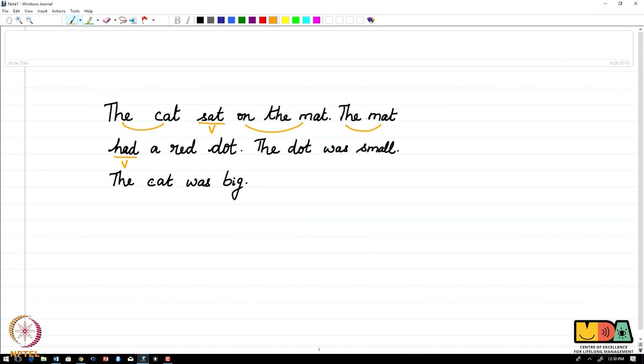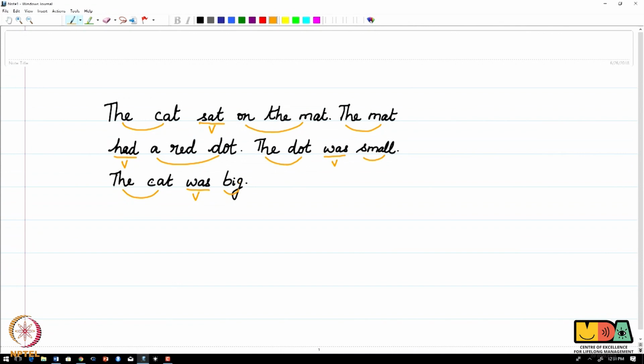The mat had a red dot. Write V under it. Then cradle. The dot was small. The cat was big. When this is done, the child would be encouraged to copy in phrases, and